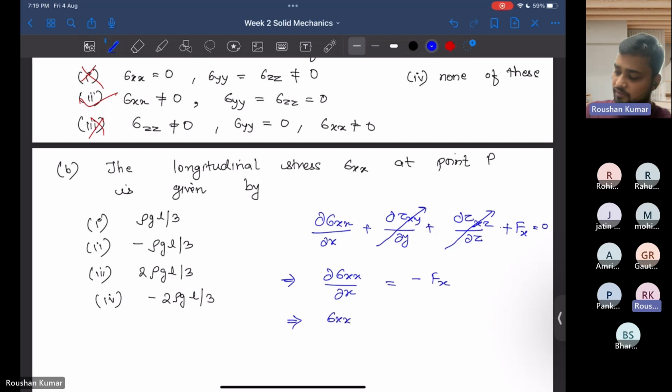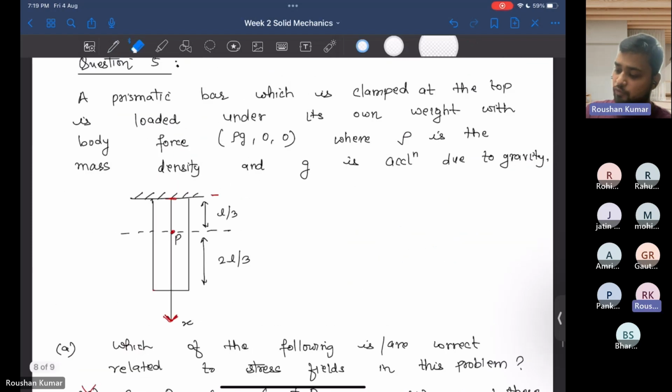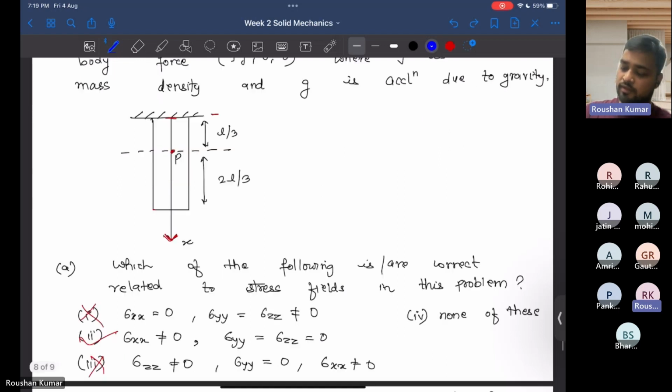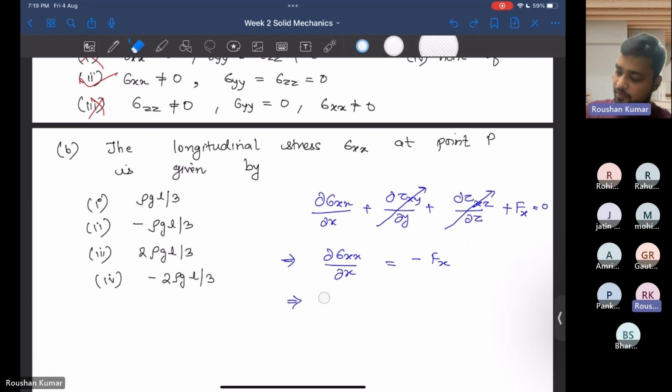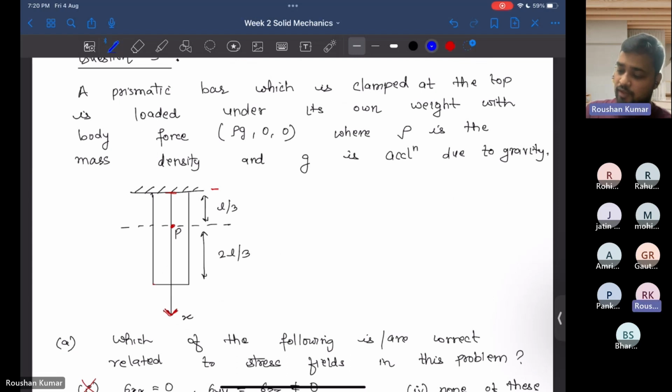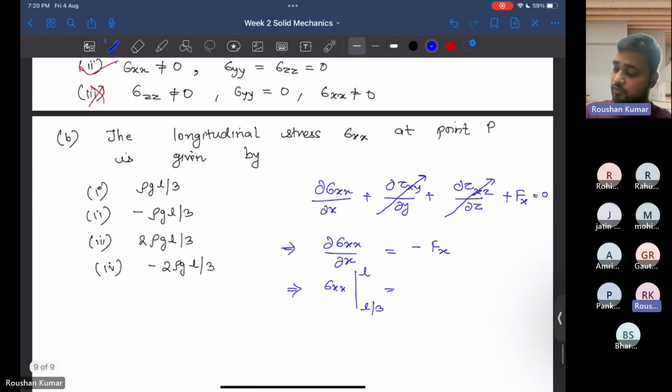So we have to find sigma xx at point P, that is the stress at a distance of L by 3 from the top of the bar. So it is given by sigma xx from L by 3 to L. We are considering the length of the bar from the top, assuming the reference state is from the top of the bar. So it goes from L by 3 to L is equal to